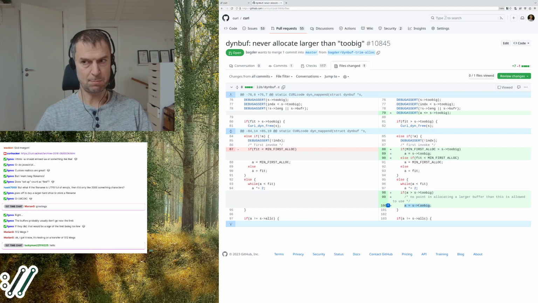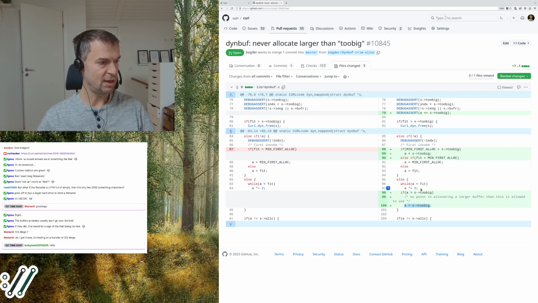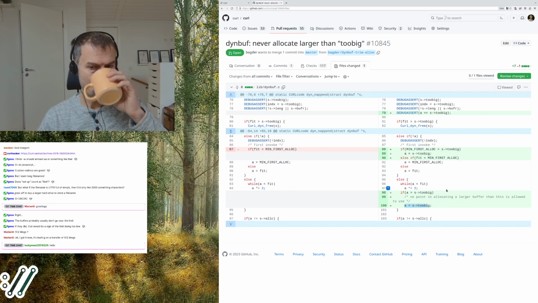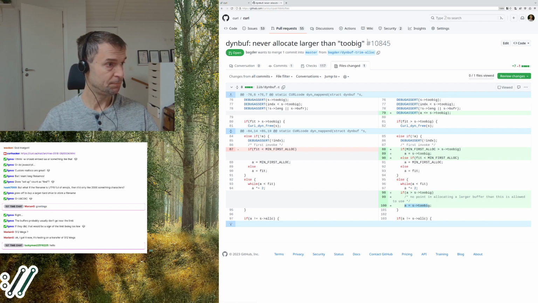Basically, in my example with 100k and 128k, if the maximum is 100k and we get up to 128k, if that is larger than 100k, we can just set 100k instead, and we would save 28k in the allocation. A very tiny fix. Won't change much in the greater scheme of things, but it feels right, and it is right, I think. So that's this PR.